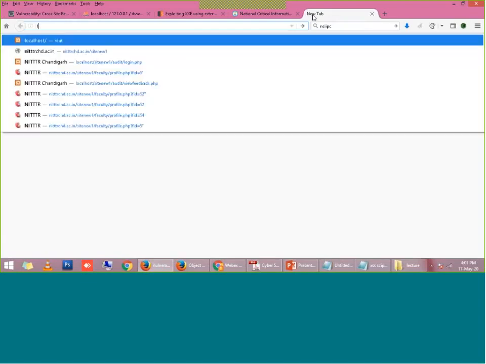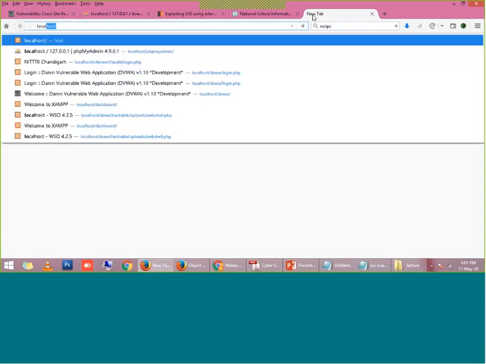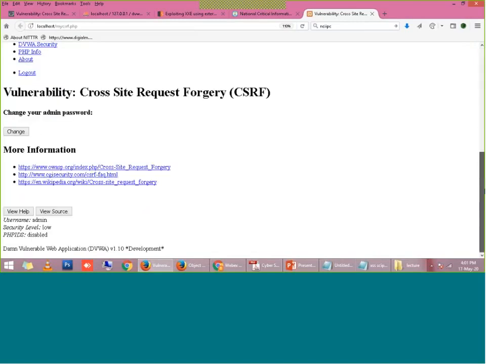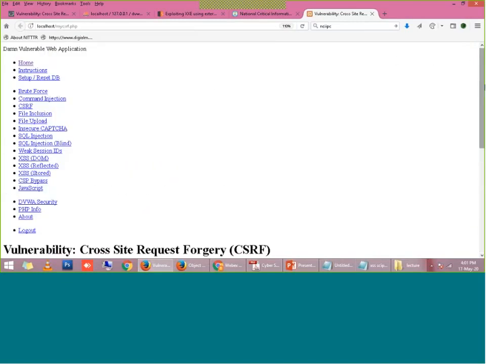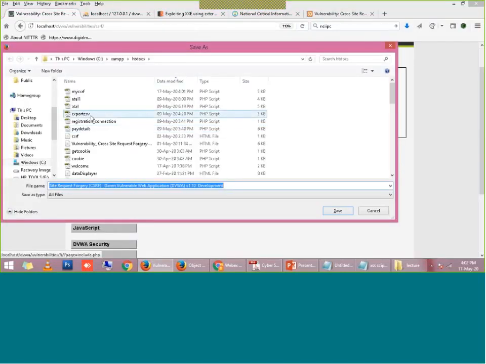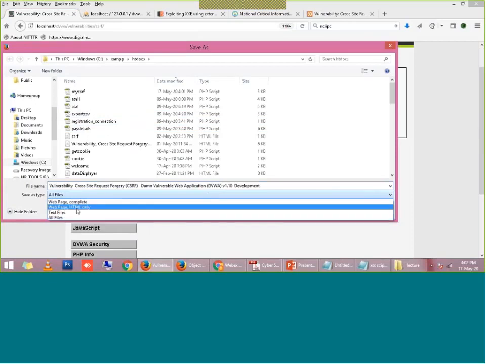I will try to access that page, localhost, my CSRF page, myCSRF.php. So the page is stored here. Let me save it as a simple HTML file. Simple HTML file.